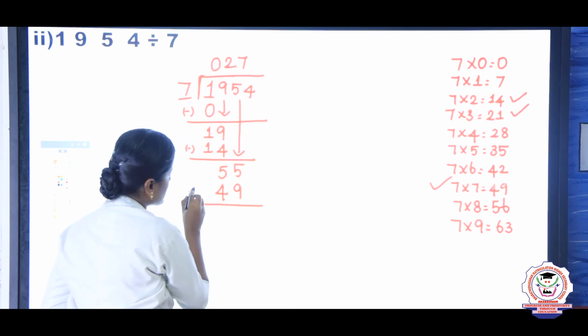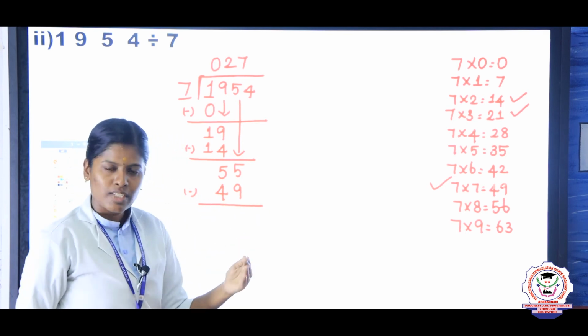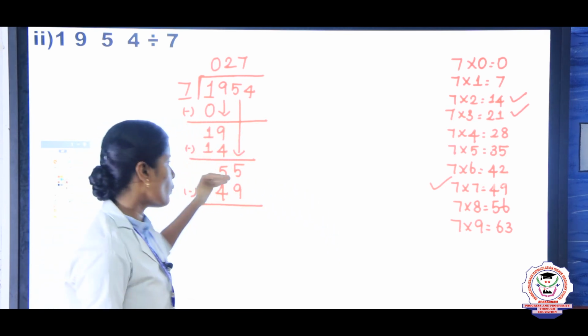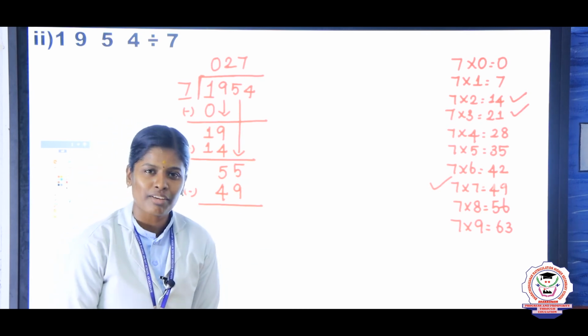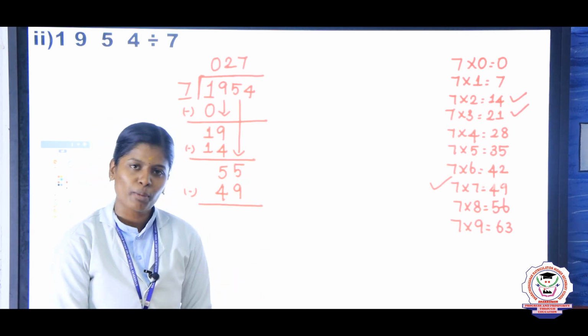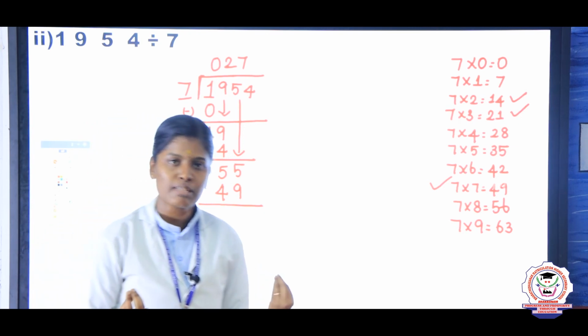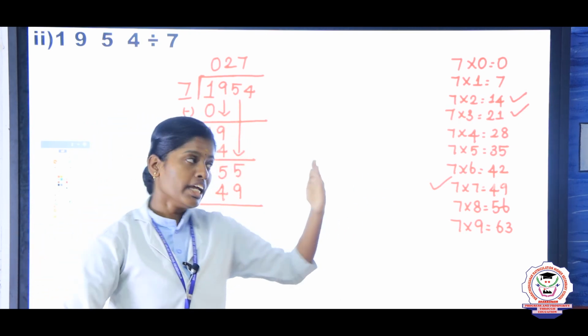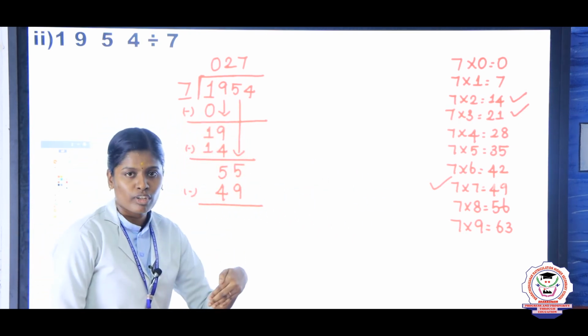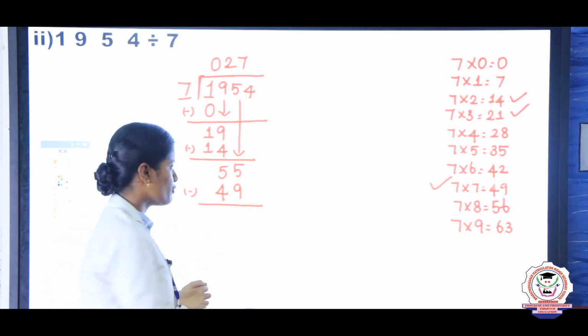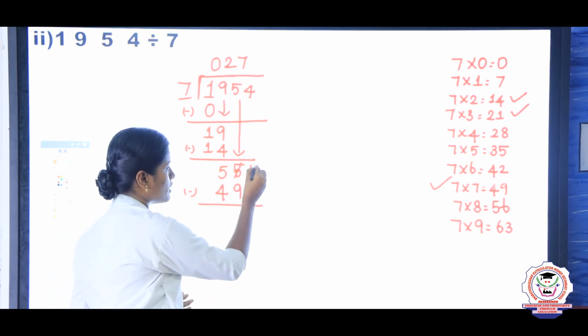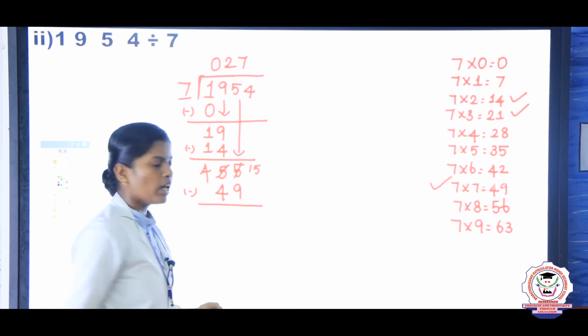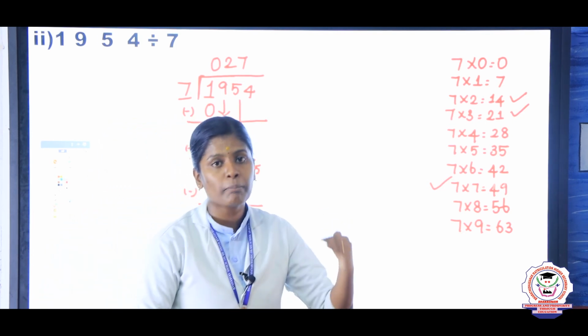Now we are going to subtract this. So take the 1's place value and the 10's place value. Here the 1's place value is 5 minus 9. So 5 minus 9 is not possible, right? Why? Because 5 is the smaller number and 9 is the greater number. Here we are going to borrow from the number before. So 5 changes into 15, and the other 5 changes into 4. Now we are going to subtract 15 minus 9.